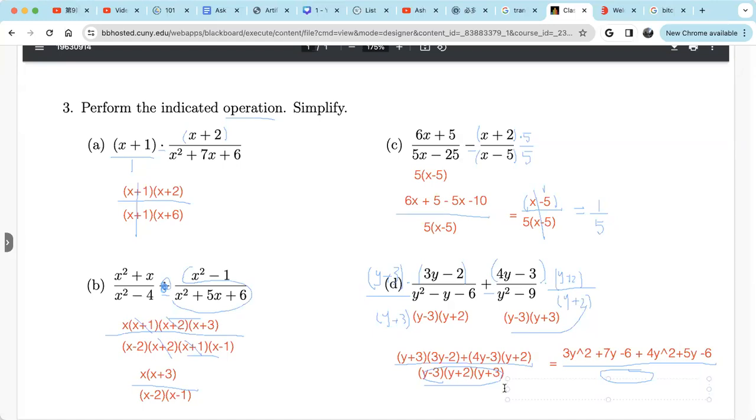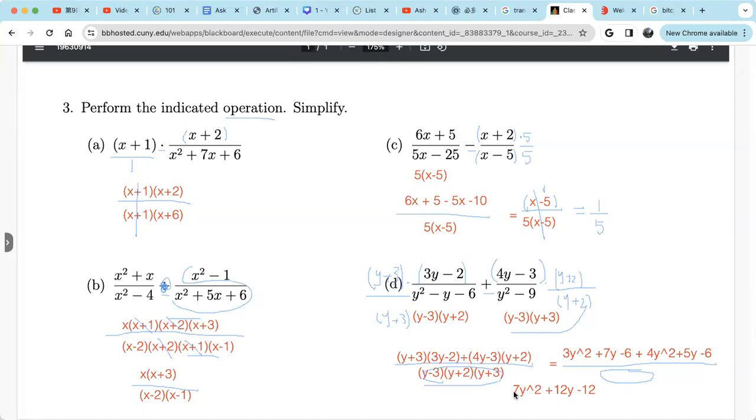So the numerator will have 3y squared plus 4y squared is 7y squared. Then y, we have 7y plus 5y, that's 12y. We have negative 6 minus 6, that's minus 12. Right, that's in the numerator. In the denominator, we have y minus 3 times y plus 2 times y plus 3. Can we